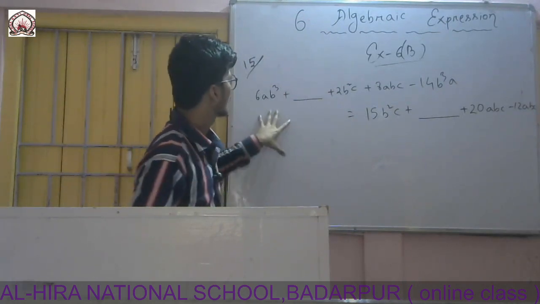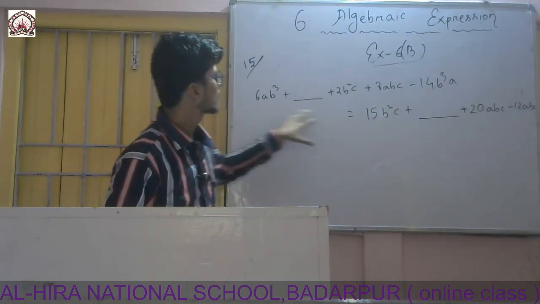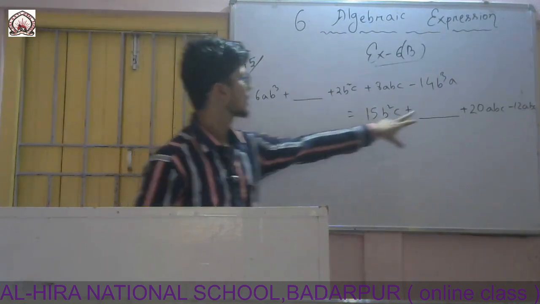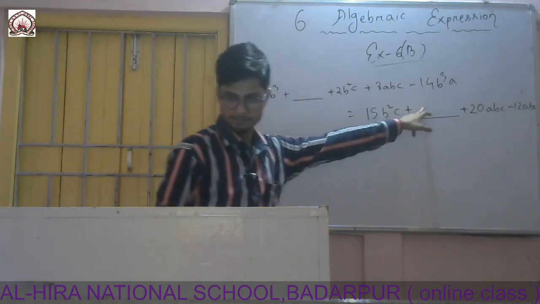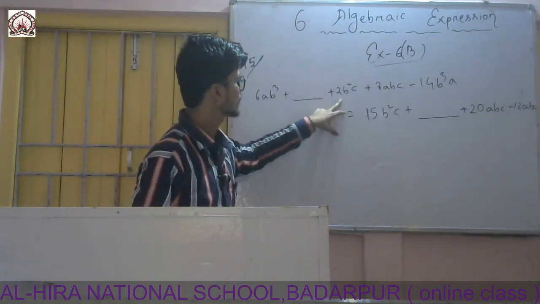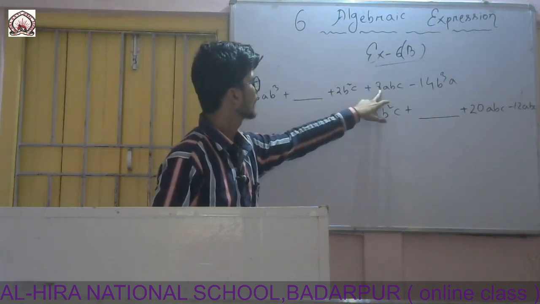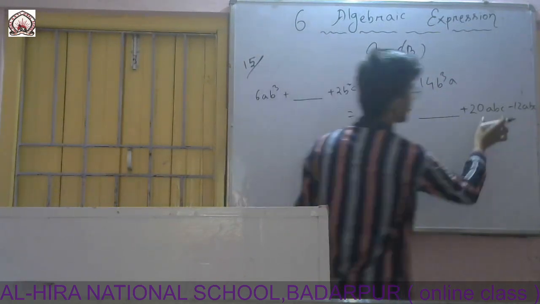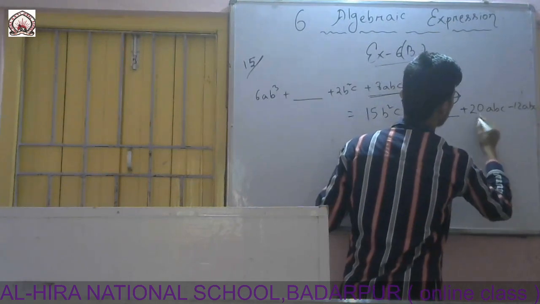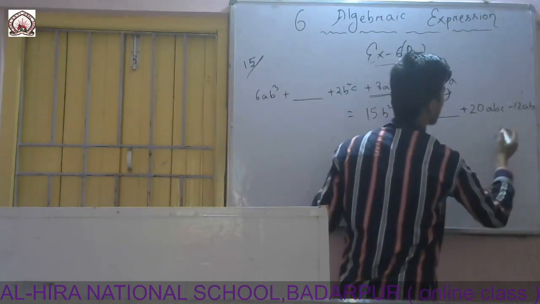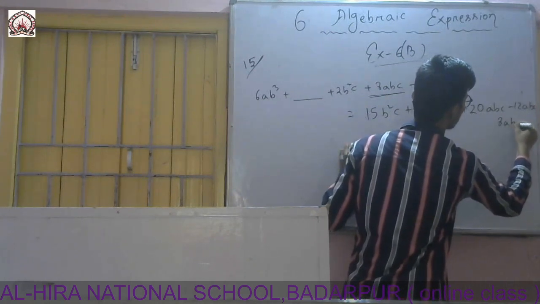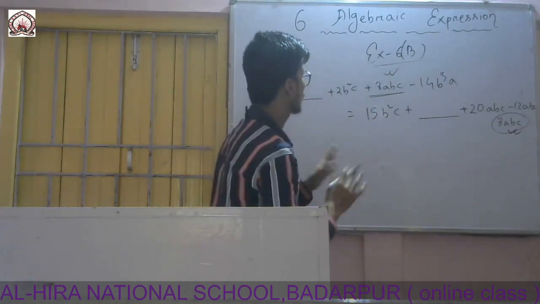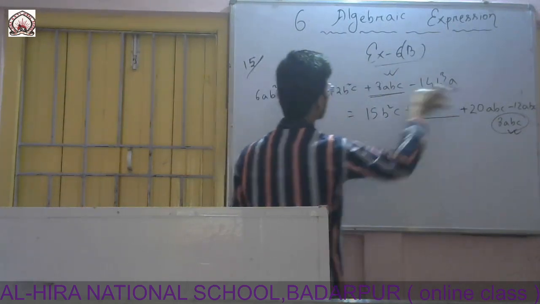So first of all, you see there is 6ab cube, but there is no term with ab cube on the other side. That means one term will be ab cube. Then the next one, you see 2b square, there also b square is there. Then 8abc there. You see there it is plus 8abc, and there 20abc and 12abc. If I solve this, plus minus it is minus, 20 minus 12 is 8. So there comes 8abc. That means this one is balanced. So no need of thinking about this one, leave this one. So which one is left? This one and this one.